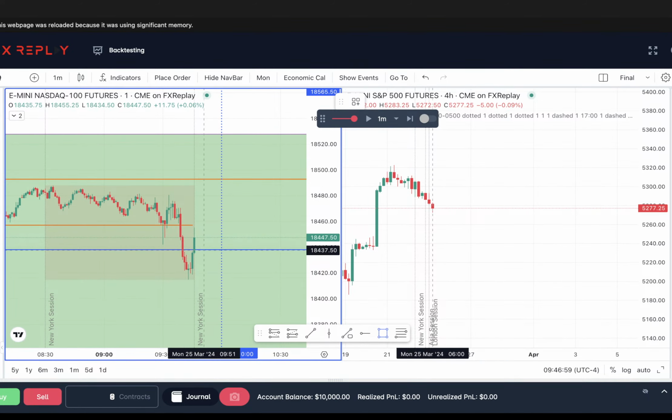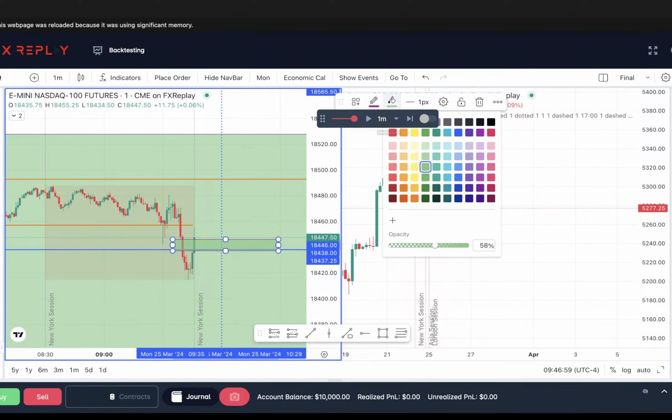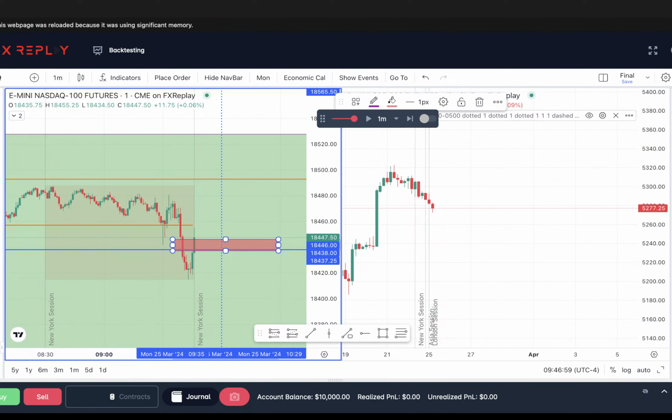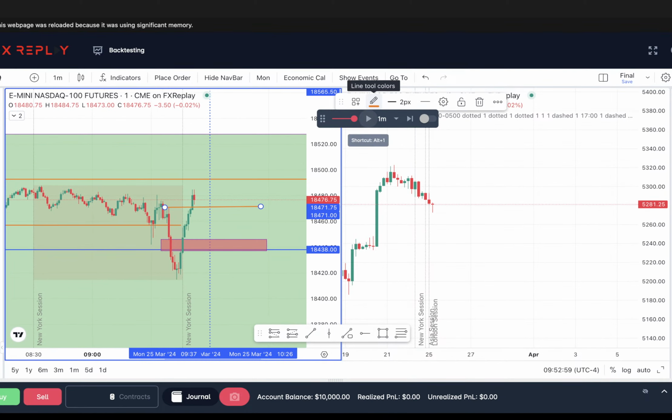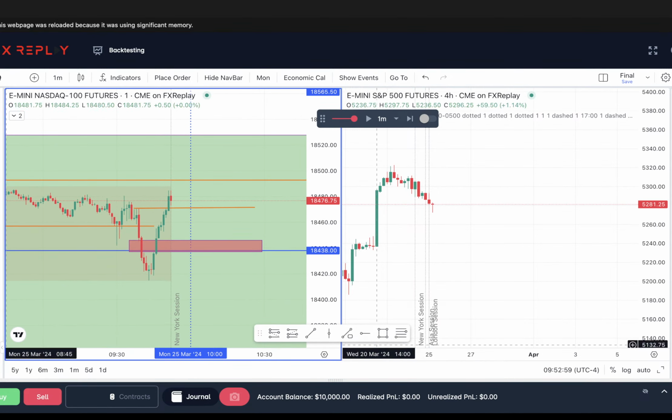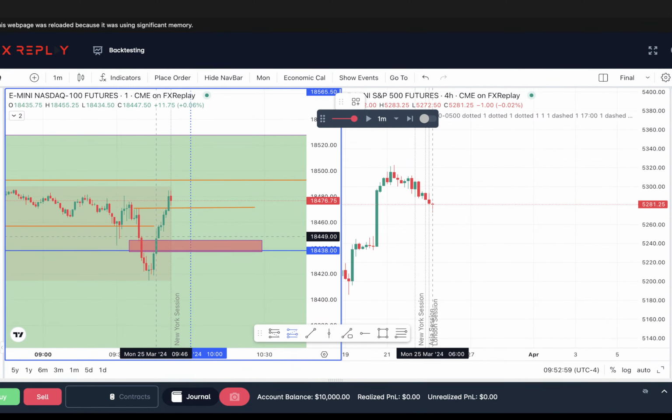There's an inverted fair value gap here for an inverted market structure shift if you want that. I prefer it to make some new swing lows, swing highs. And the market structure shift is way up here, which I don't like, but yeah, I'll probably play this inversion, not gonna lie to y'all. Or get in up here.